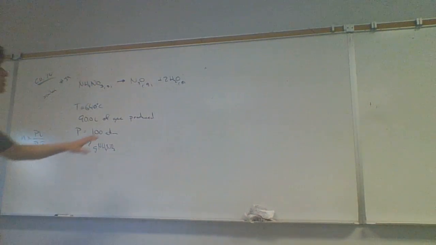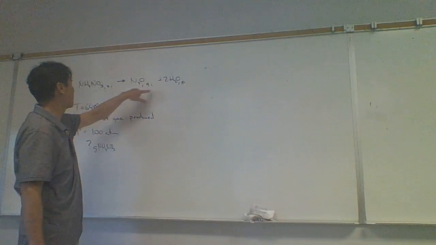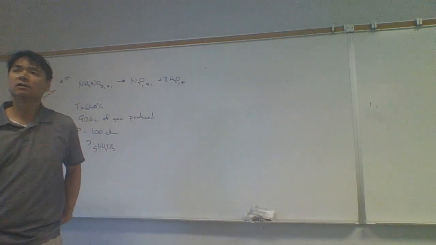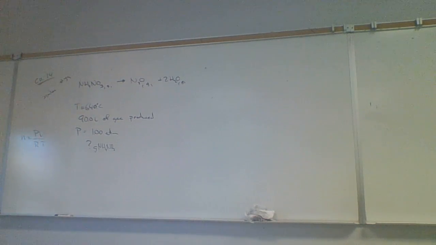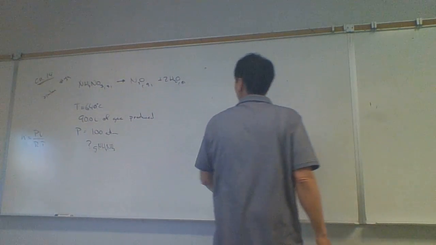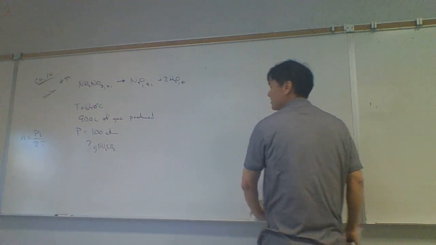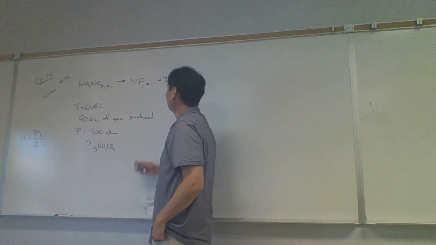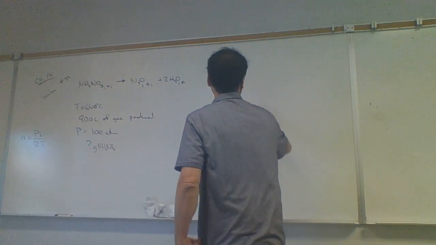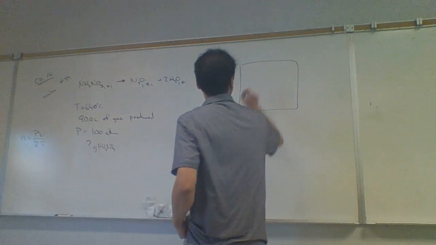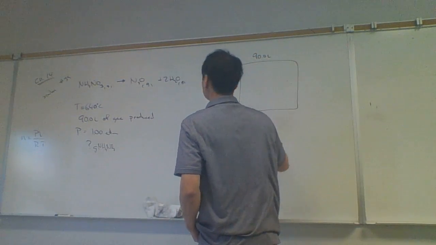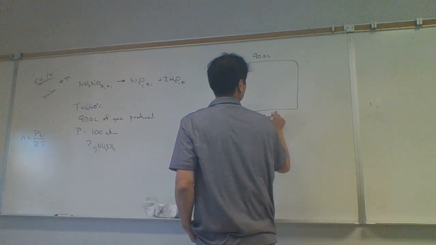We set up a mole ratio where we just do generic gas, 3 moles of gas for every mole of ammonium nitrate. However, we were talking about Daltons, and we were talking about Avogadros. And so I want to do this in more detail. I want to figure out how many moles of each particular gas will form. And so, for example, if I have 90.0 liters of mixture,